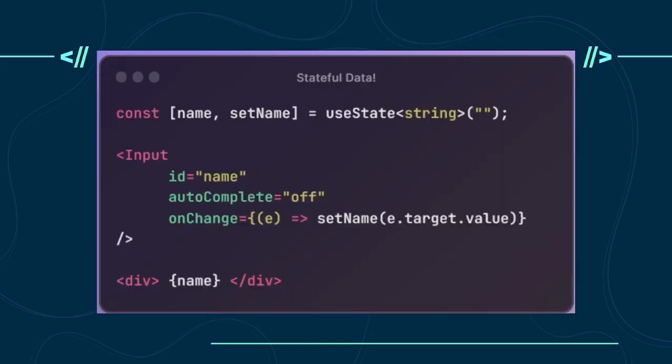And so this is an example of stateful data. Very, very straightforward, but this is how you use the hook from React. You set the actual name of the variable you want to use, for example, name. And then you need something called a setter. If anyone's taken OOP, you have an idea of what a setter is, right? But in the sense of React, this setter is important because, again, it tells React, hey, trigger that re-render.